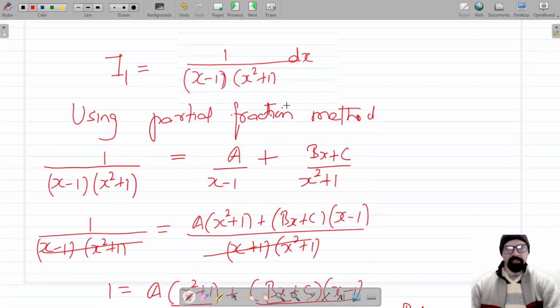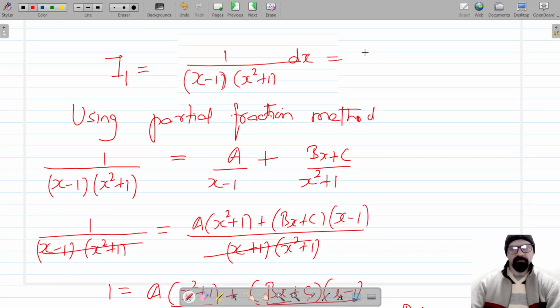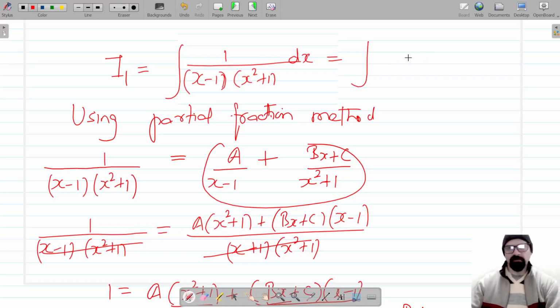So that means I can now write this integration as the integration of this. So this is now I1, the integration of A, which was half, upon x minus 1, plus B